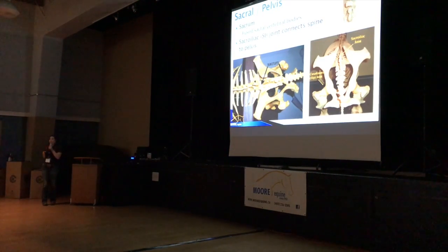So then our sacroiliac joint is where our ilium, which is a piece of our pelvis, this big guy right here, and from the back is this big ring structure right here. Our sacroiliac joint is right where our sacrum meets that ilium, or our pelvis. So from the back, you can see our sacroiliac joint is right there. There are two of them, one on either side of the spinal column. But remember, on top of this,